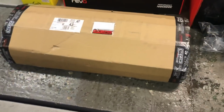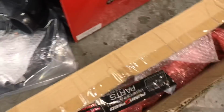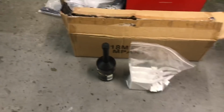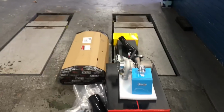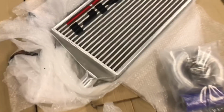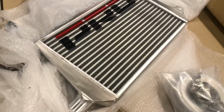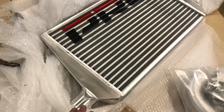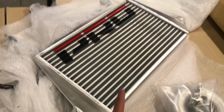So we've got more goodies. Something from Pro Alloy, we'll show you in a minute. Mount tune and downpipe as well from Puma Speed. It is an R Sport one, and new plugs and filter. So yeah, lots to go on. We haven't gone for the full race version because that's one huge and very expensive. We've gone for the next best one, which I think they call their stage 3 or stage 4